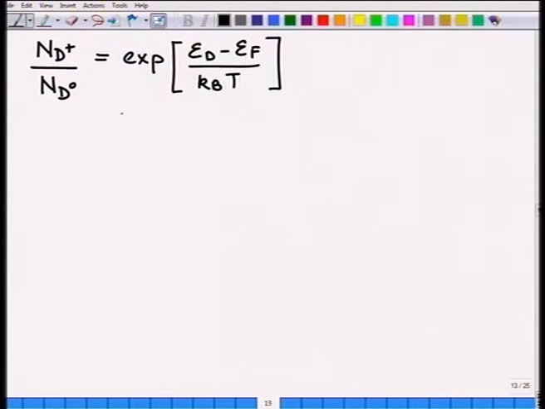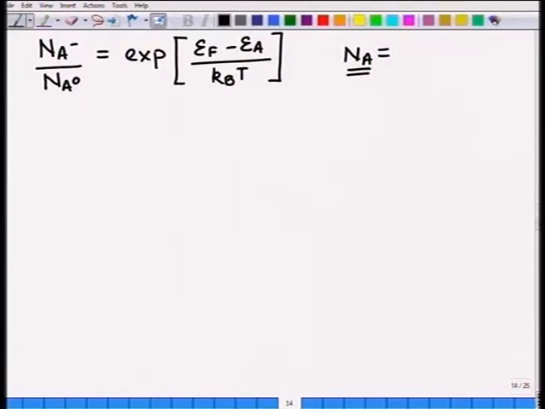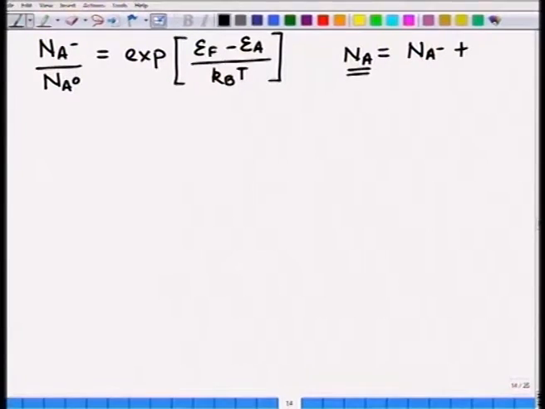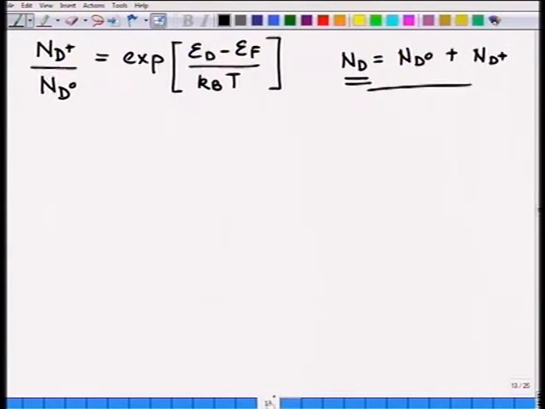If so, also I know that N d is equal to N d 0 plus N d plus and N a is equal to N a 0 plus N a minus. This is the amount that I have actually added, and I am asking the question how are they split, whatever I have added, how much has given its fifth electron here in this case, and how many have not given their fifth electron. Similarly, when I add so many acceptors, how many have accepted electrons, which is this one, and how many have not accepted electrons, which is this one. How many are these? That is what we are asking. So, the sum of the two therefore is Na. If so, then instead of this ratio, we will use this expression